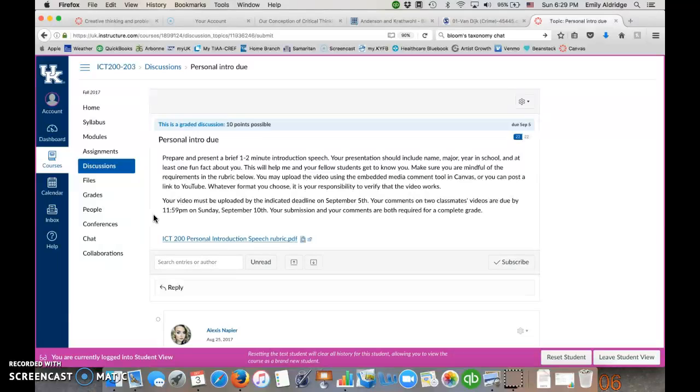So if you have questions about how to use Canvas, I've answered a few questions via email, and I'm going to kind of taper off doing that. I know at the beginning technology is quirky, but this help function here is really valuable. And then you can also, from the UK website, find the IT help desk. If you feel like you really have an issue that's not just, I don't know how to do this, but just I have no idea why I can't get onto Canvas or something big, please make sure you contact the